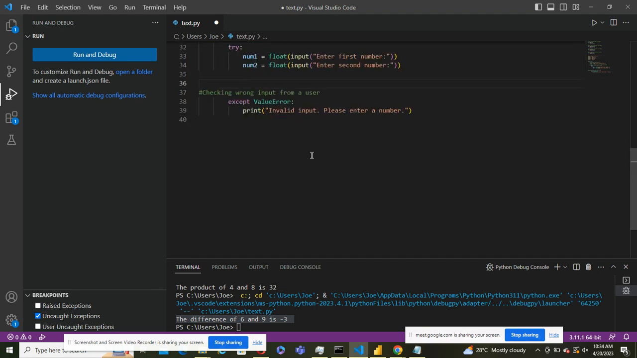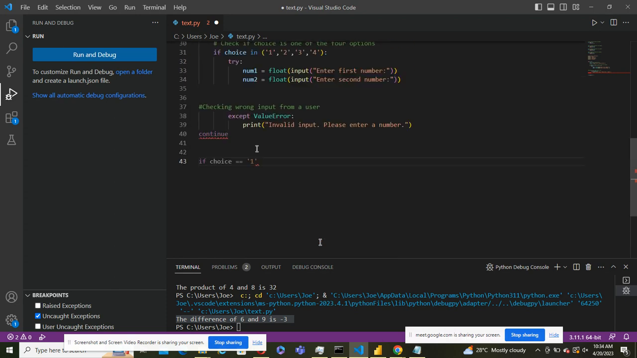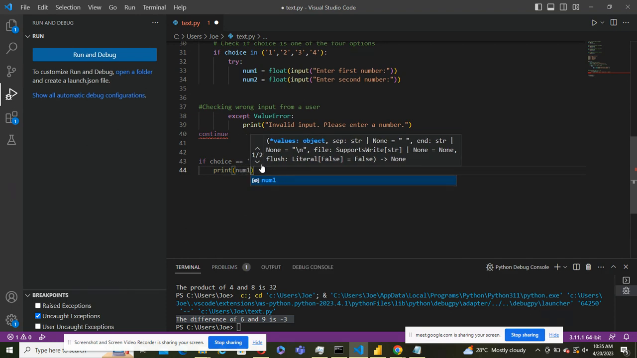Okay. Now here, this code actually checks wrong input from the user. If the person enters the correct thing, you continue. Then, if the choice the person entered initially was 1, so remember 1 was addition here, what should the program do? If the person entered 1, print this for him: print number 1, his first number,